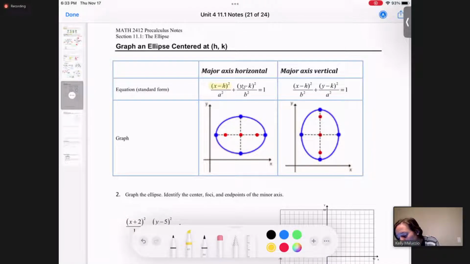But x minus h squared plus y minus k squared equals 1. That is like x squared plus y squared equals 1, the unit circle. If we shift it to be centered somewhere else, it's what I just highlighted, x minus h squared plus y minus k squared equals 1. And so what we have here is, if the horizontal is the major axis, then